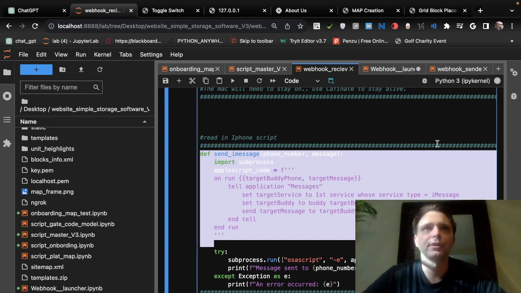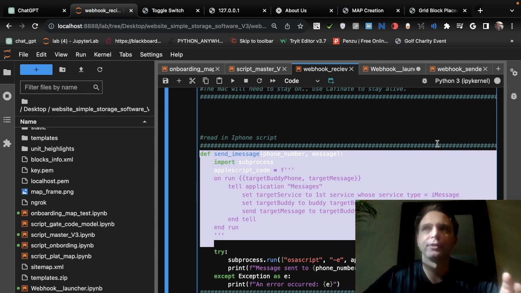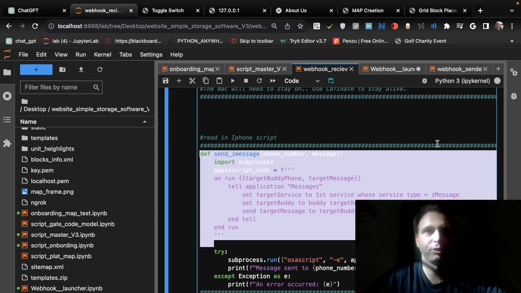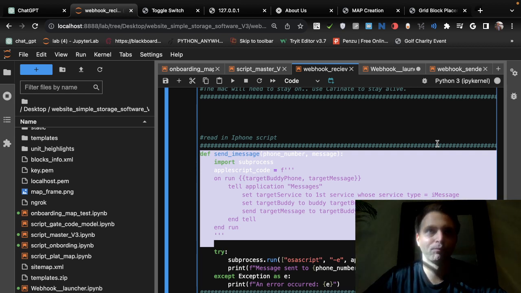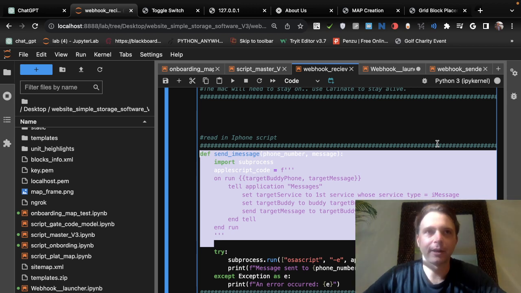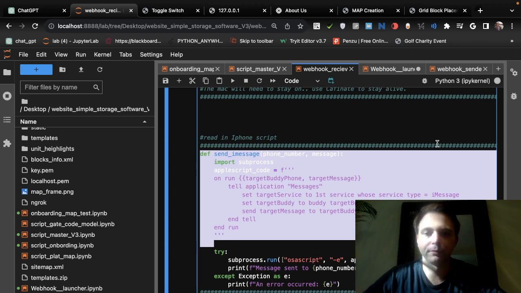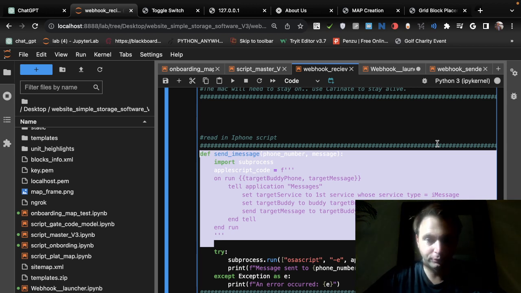Basically, if you want to programmatically send text messages, most people will tell you to go to Twilio, set up a developer account, integrate with their API, and then pay them 20 to 30 bucks till the end of eternity to be able to do this. But I found, a while back,